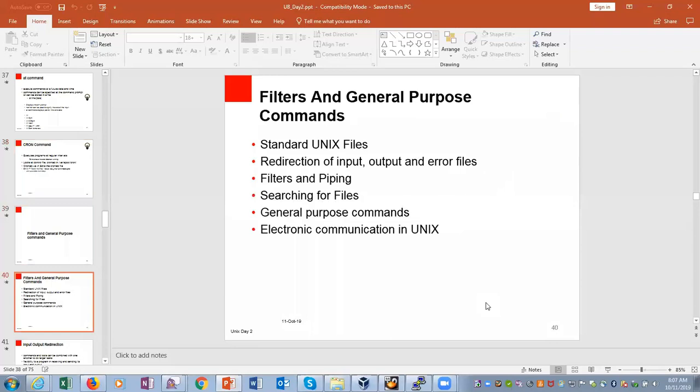Filters and general purpose commands: standard Unix files, redirection, input, output, error files, filters and piping, searching for files, general purpose commands, electronic communication in Unix.